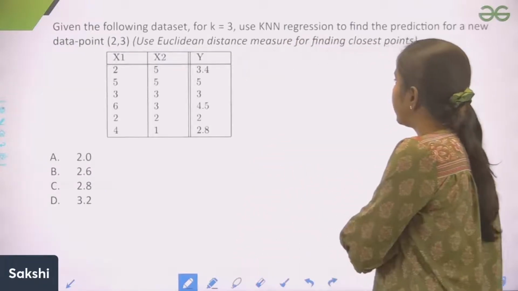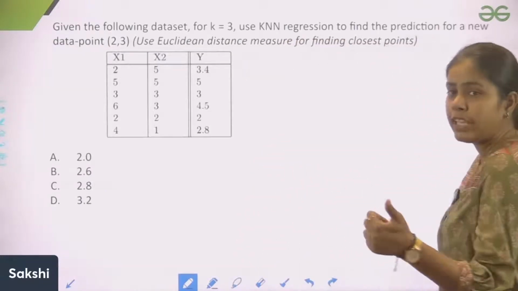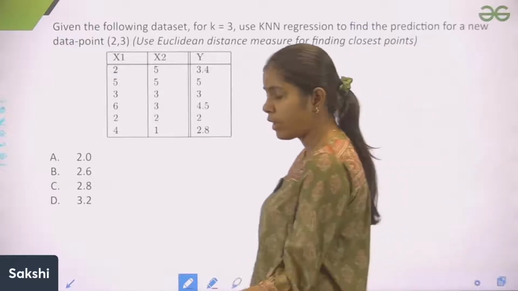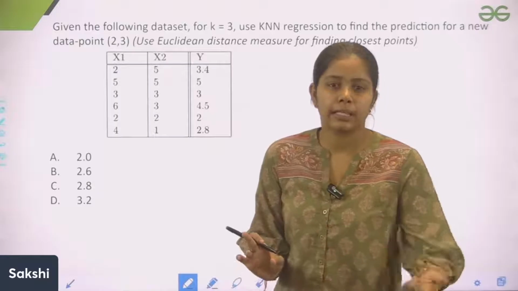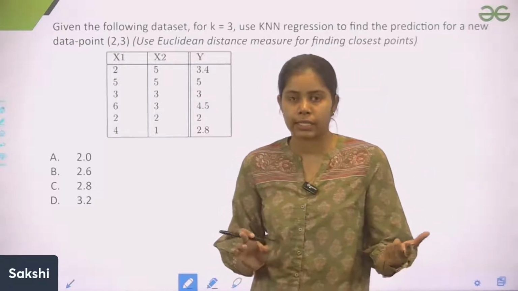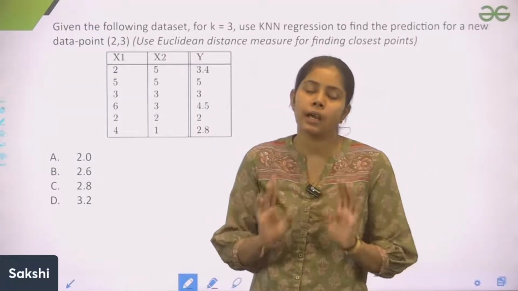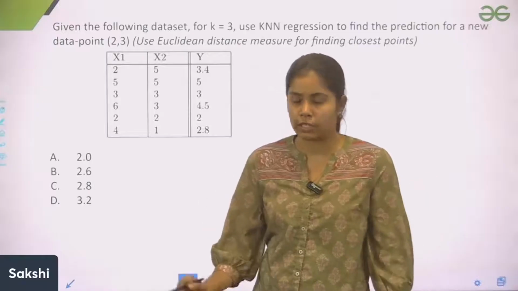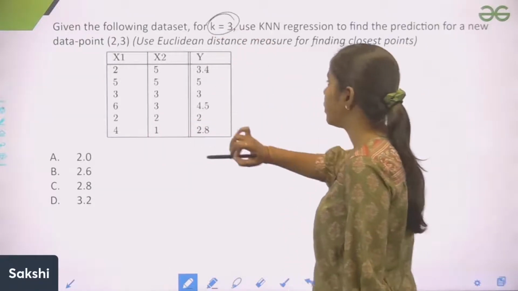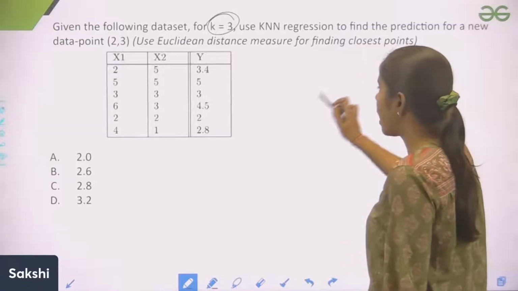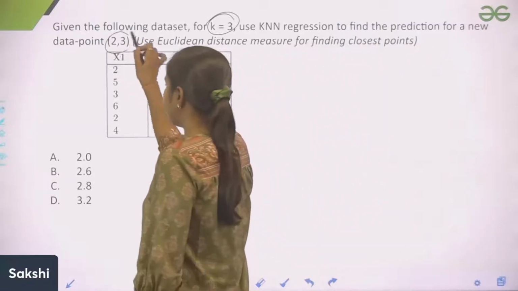Okay, the question here. Okay guys, we have discussed that we can use knn for regression as well. So this is a question based on that. ठीक है, अभी हमने बात की थी कि knn को रिग्रेशन के लिए यूज कर सकते हैं या नहीं कर सकते, तो हम इस कंक्लूजन पे पहुंचे थे कि हाँ knn को यूज कर सकते हैं रिग्रेशन के लिए। तो अब ये क्वेश्चन है कि कोई भी डेटा सेट दिया हुआ है, k इज इक्वल्स टू 3, हमें knn रिग्रेशन यूज करना है, हमें प्रेडिक्शन करनी है पॉइंट 2,3 के लिए।